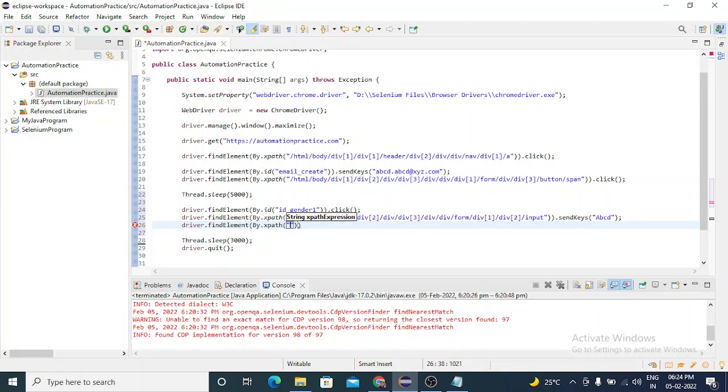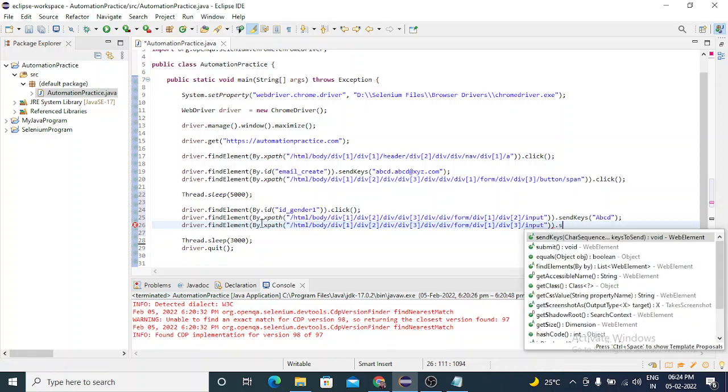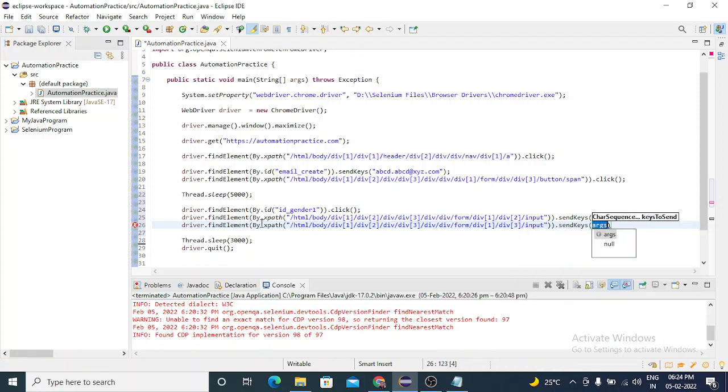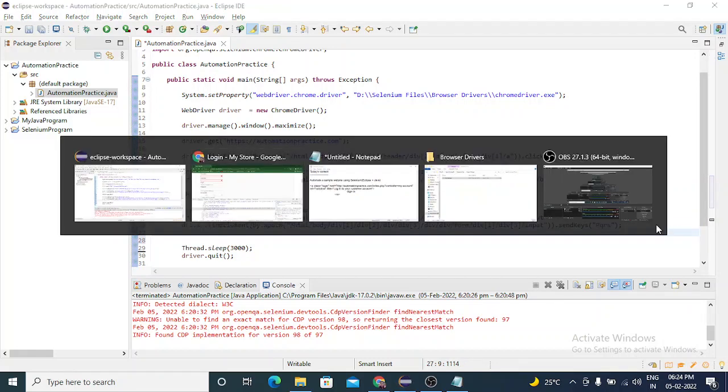For better practice, in the starting stages, write the code on your own so that you remember all the things. And send keys, then PQRS. Okay, last name is set.